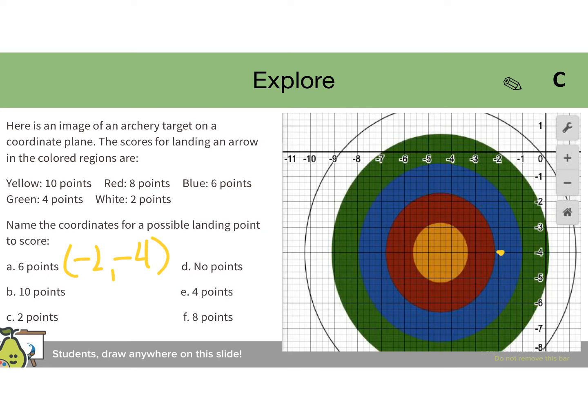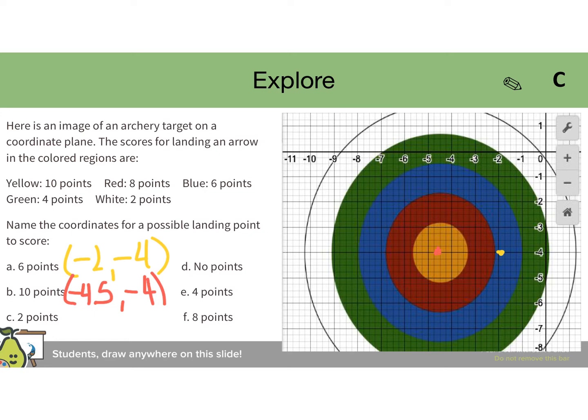Then we have a score of 10 points, and that would be (-4.5, -4), and we're going to plot that there,